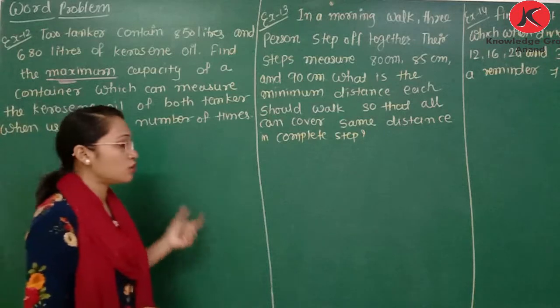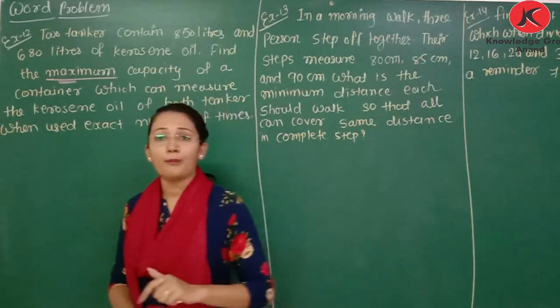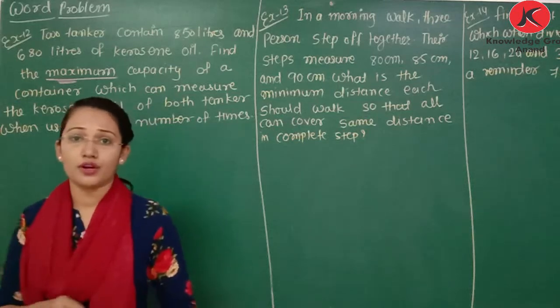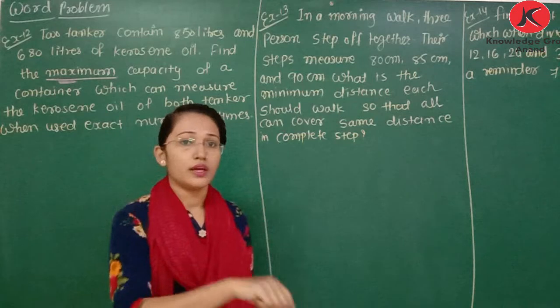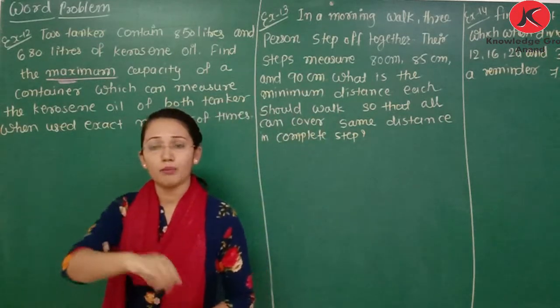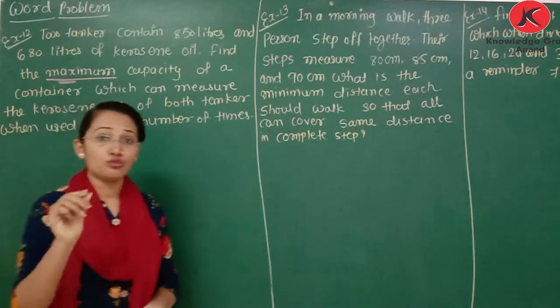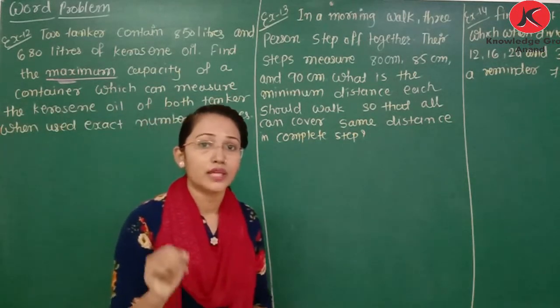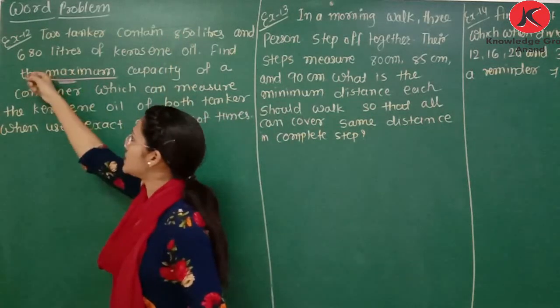Means here you need to find the capacity of that container. કંટેનરની કેપેસિટી એવી ફાઇન્ડ કરવાની છે, મીન્સ ફોર એક્ઝામ્પલ એક ટેન્ક બે ટેન્ક ભરેલા હોય, ઓકે, તો એમાંથી એવો કેપેસિટીનો આપણે કન્ટેનર ફાઇન્ડ કરવાનું છે કે એક્ઝેક્ટ નંબર ઓફ ટાઈમ બંનેને મેઝર કરી શકે. Means you need to find the number that divides both 850 and 680